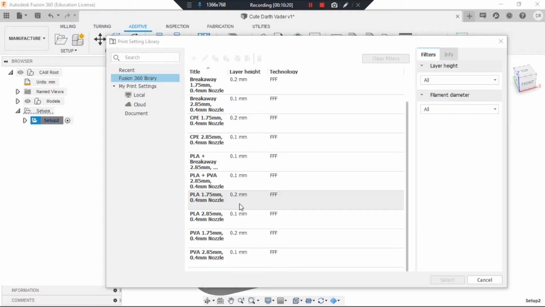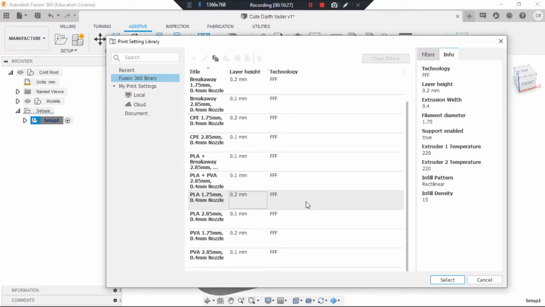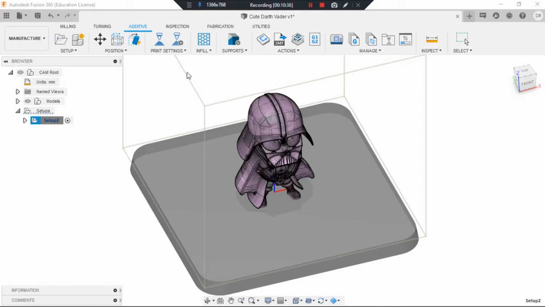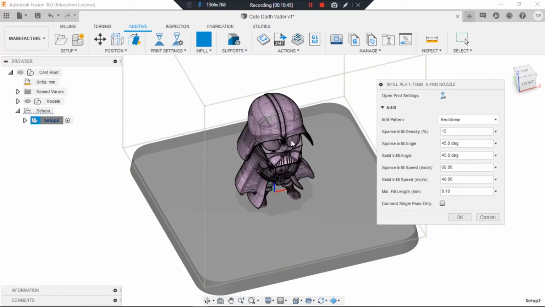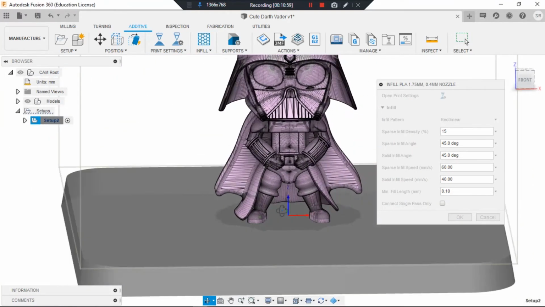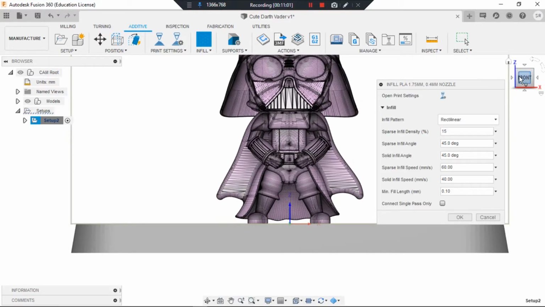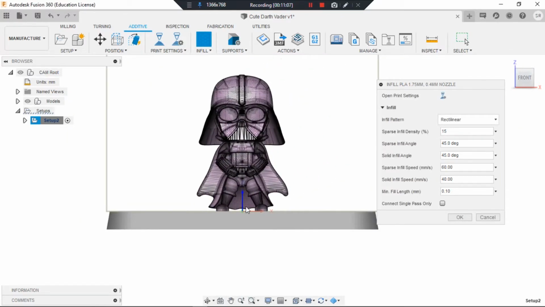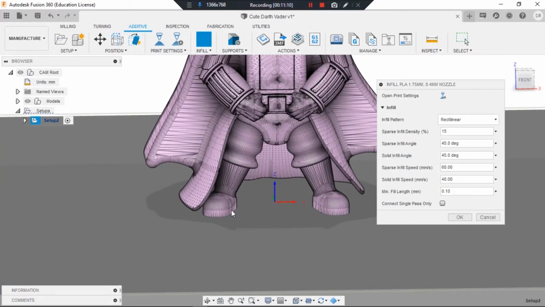So we just simply choose the material PLA, the most generic material. And then we can move to the next part, which is infill. This infill is like the fill of this model. If we want to fill this model in 3D printing, there are several patterns that guide the nozzle of the machine itself from the bottom to the top.